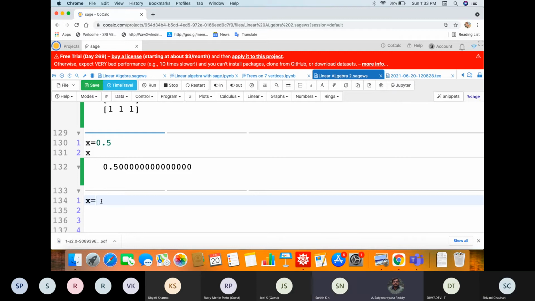Sir, I just figured out the matrix part. No, first can you answer this? Actually, she is asking this part only, not in the matrix. I want x as 1 by 2, not as 0.5 like that. So how do you do that? Rekha is also here. Any one of you can help.